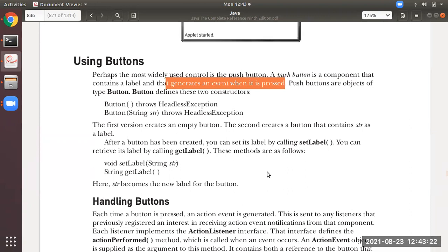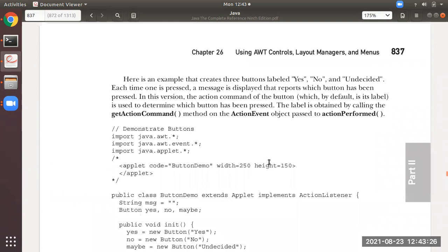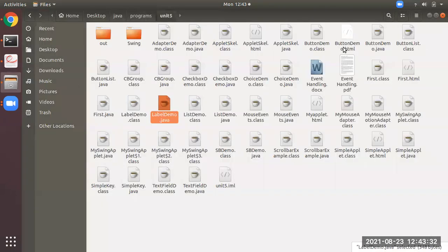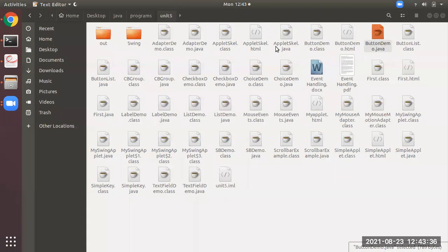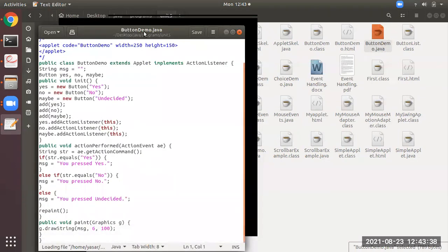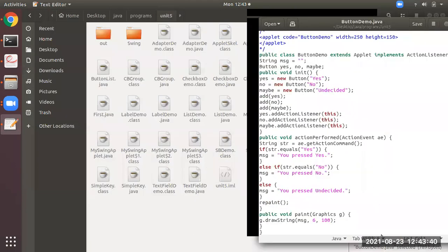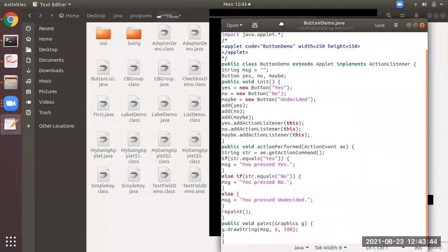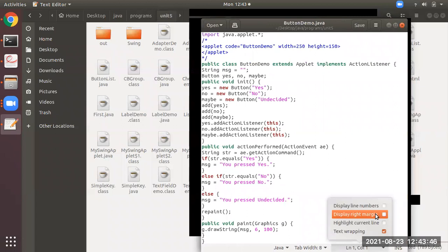So again, first I will show you the program. You can see over here the button demo, the name of the program. Let me open it. This is the program. Let me provide the line numbers.